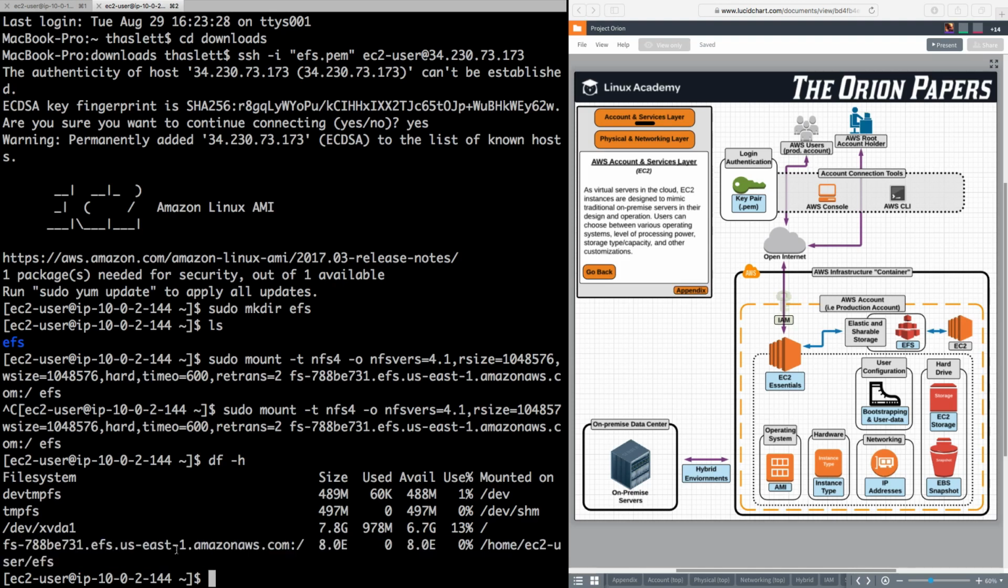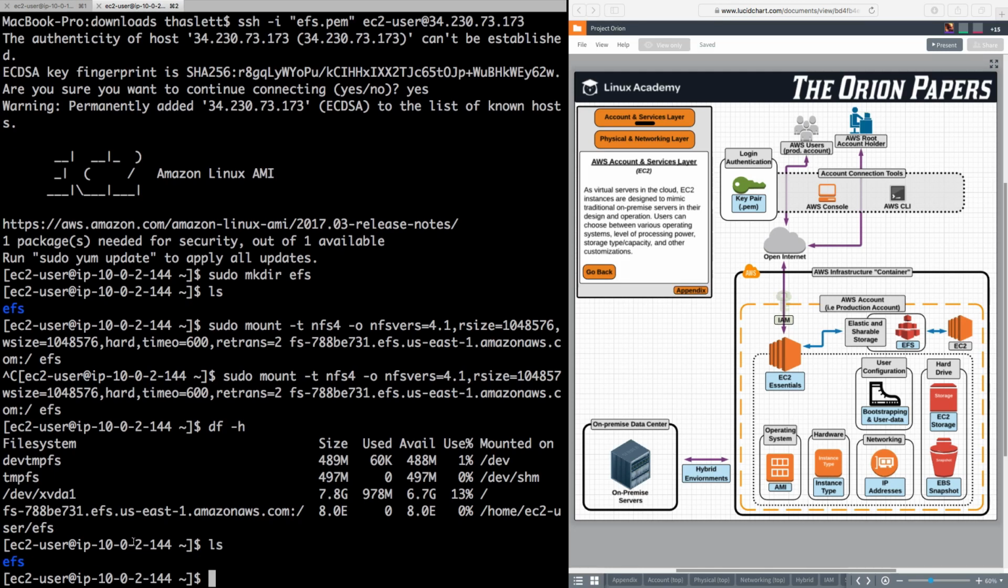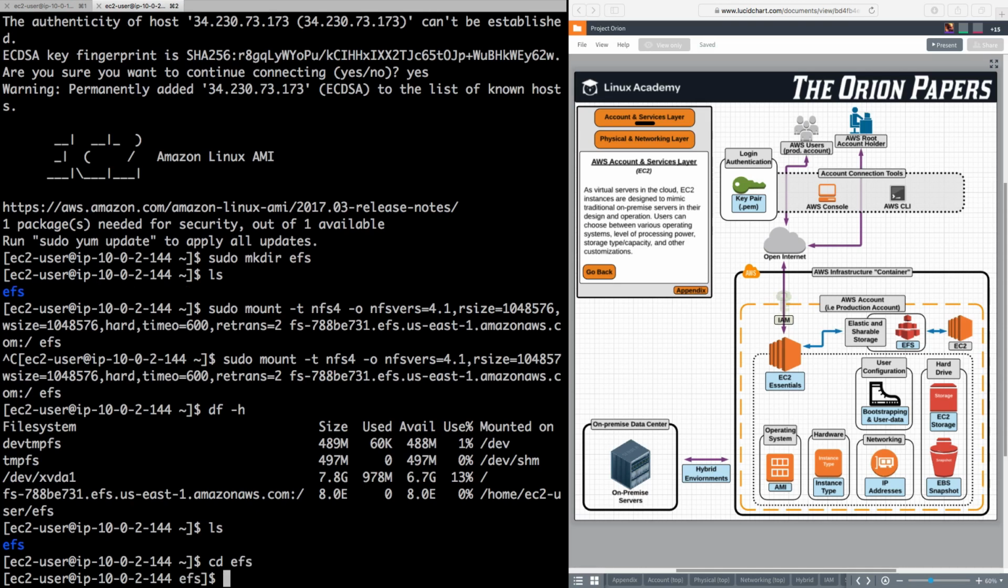So this is the EFS volume. We can see the size, what's used, and the directory it's mounted on, home/EC2 user, which is the user we're currently logged in as, and then in the EFS directory. If I just type ls here, this EFS directory is now that shared Elastic EFS file system. So if I change directory into it, cd EFS,